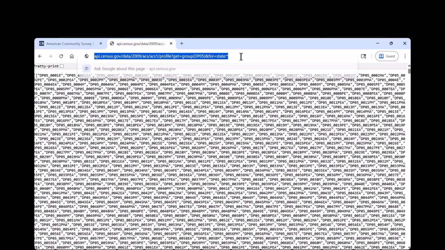So what we're going to do to make it a lot easier is just output it as a CSV file and take a look at it in Excel. So what I'm going to do now is at the end of the URL, add an ampersand output capital F format equals CSV. And that capital F is important. These API calls are case sensitive. The other thing I'm going to add in, and this one technically optional, but I highly recommend using these two together, is ampersand descriptive equals true. That's going to tell me what all of these variables you see on my screen here, what their matching labels are. So when I add those two together and I hit enter,